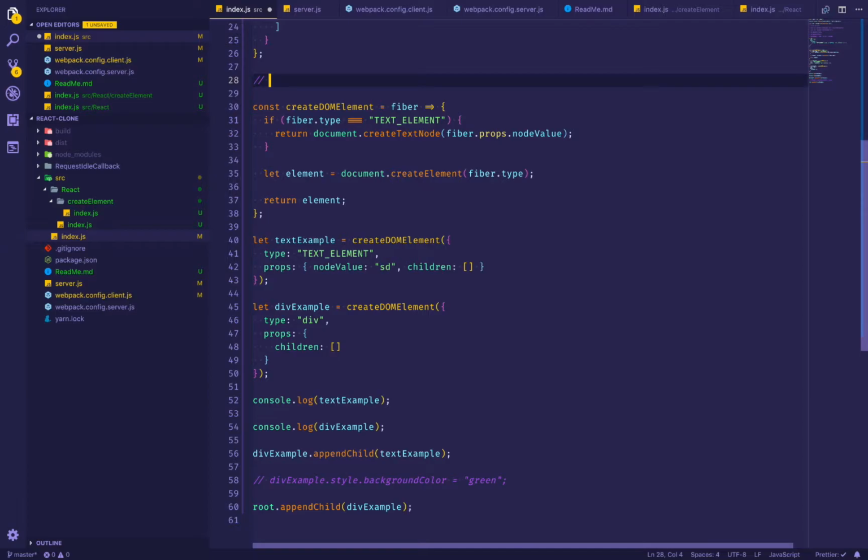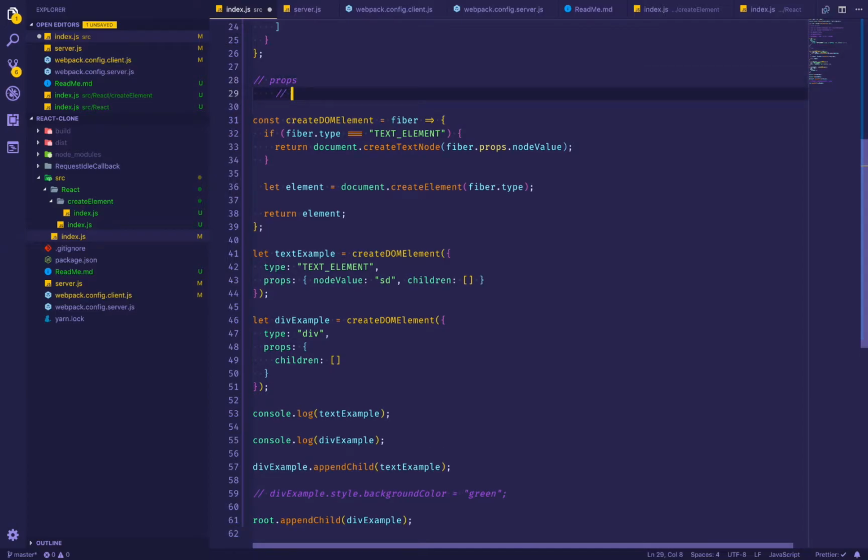So basically you can get props, and now you need to get rid of children, because determining the structure is not happening at the DOM level. It happens at the reconciliation algorithm. So you will have a bunch of React elements in some structure, and it will get translated into a structure of fibers. But when it comes to creating DOM elements, you just want to get rid of the children. You have nothing to do with them. You just want to render or update some DOM element. So get rid of children,